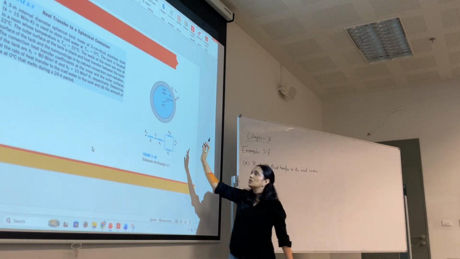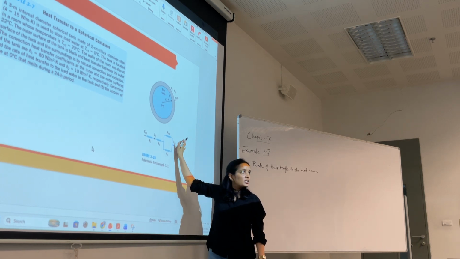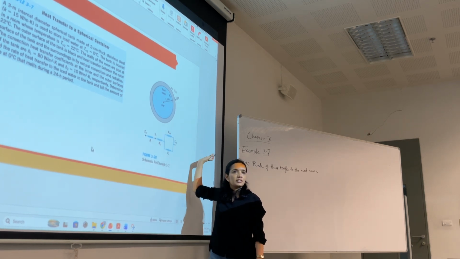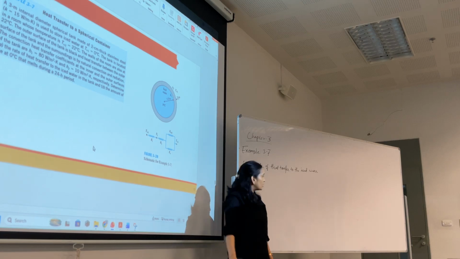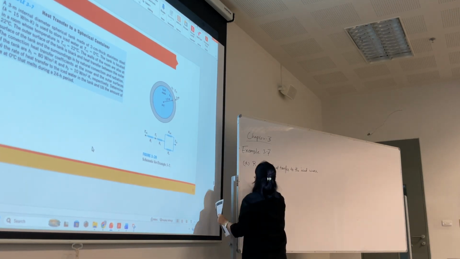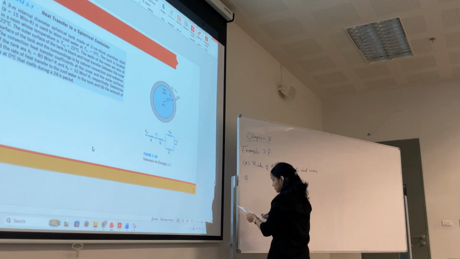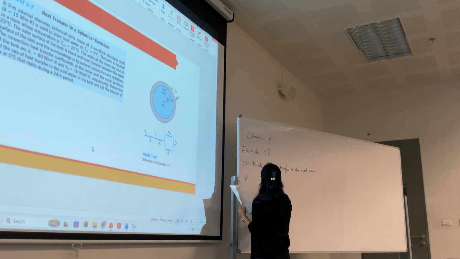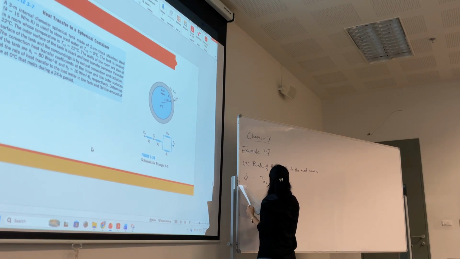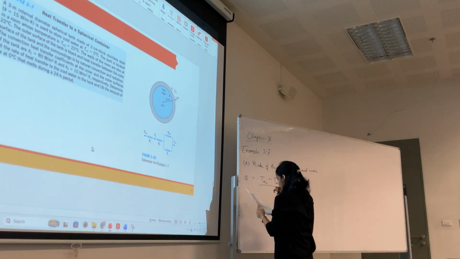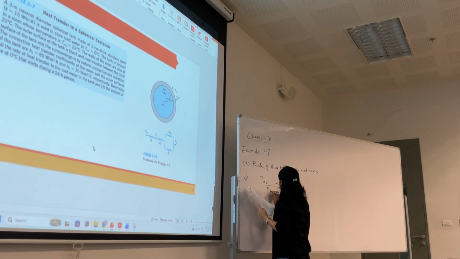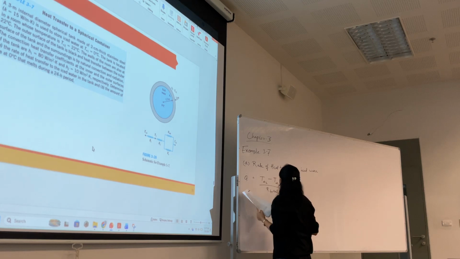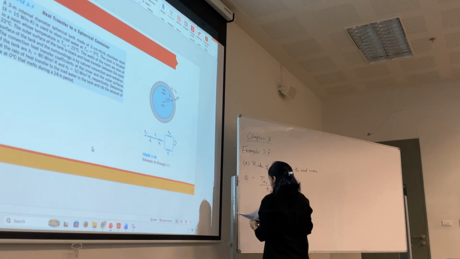So the room is at 22 degrees Celsius, ice is 0 degrees Celsius, heat transfer is happening from outside to inside. This is the A part. R infinity 2 is